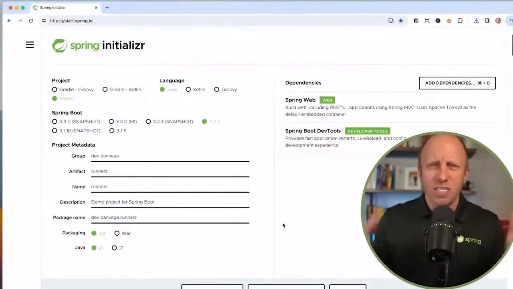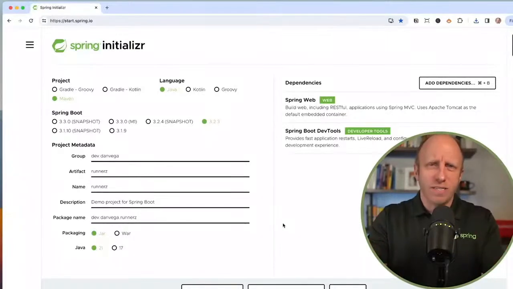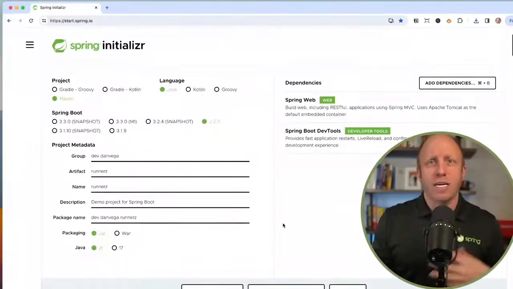If you have some questions or you're stuck on this part and how to open a Maven project in a particular text editor